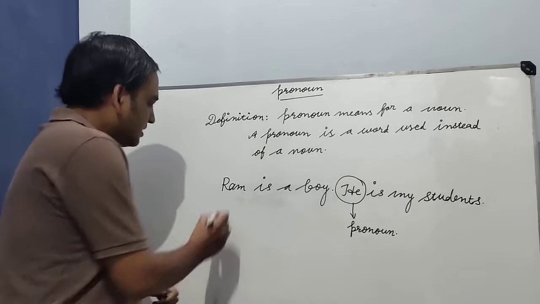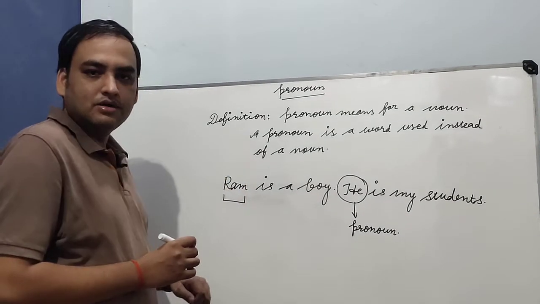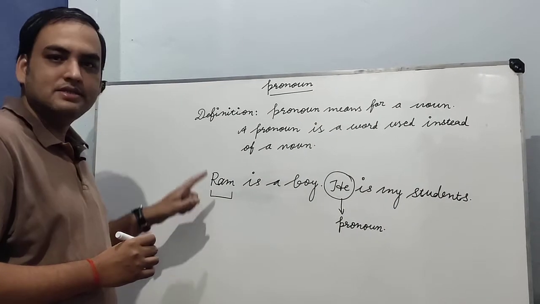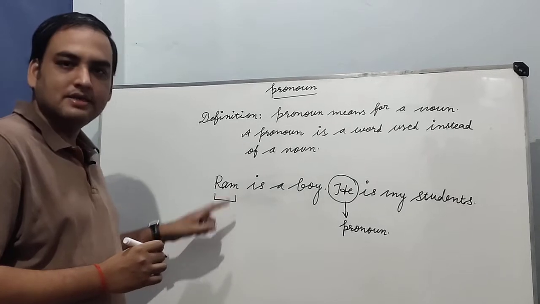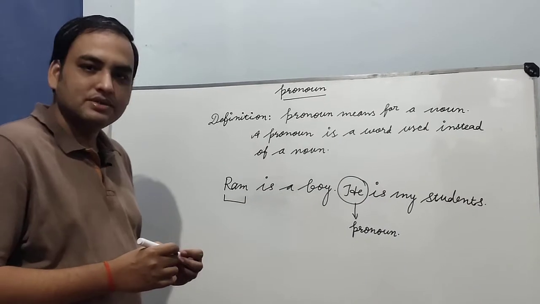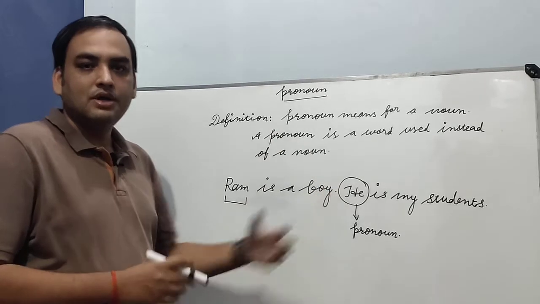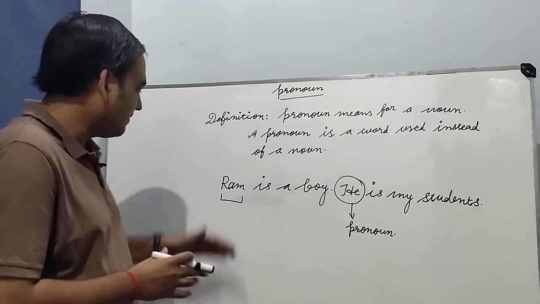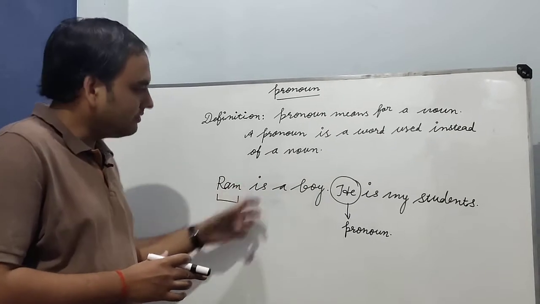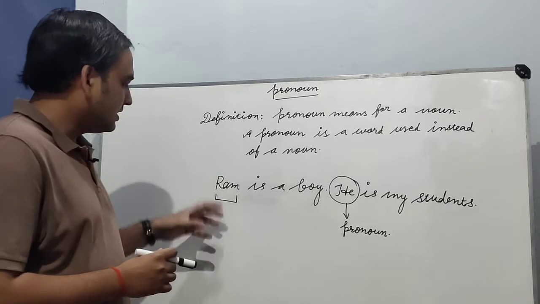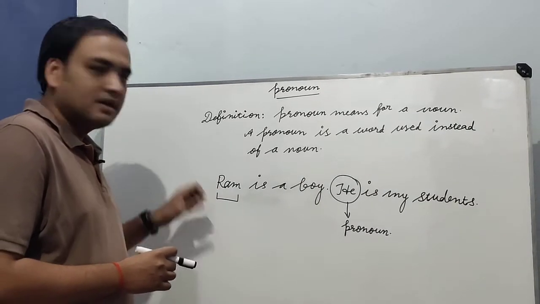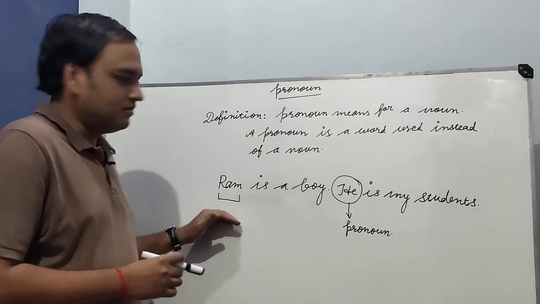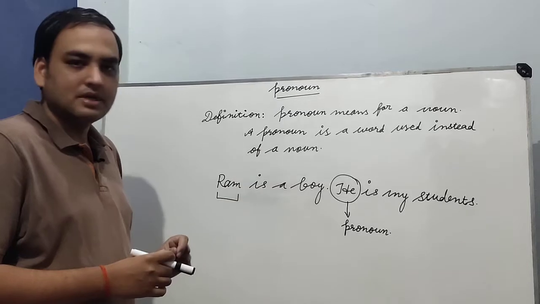Ram is a third person singular. Okay, and its number is singular, its gender is masculine, and its case is nominative case. So if we are using any word as a pronoun, we have to check the number, the person, the case, and the gender of any particular noun. Then we will use any pronoun. Okay, so here Ram is masculine gender, Ram is nominative case. In this sentence, Ram is a singular third person. For this noun, we used he. This is a personal pronoun.